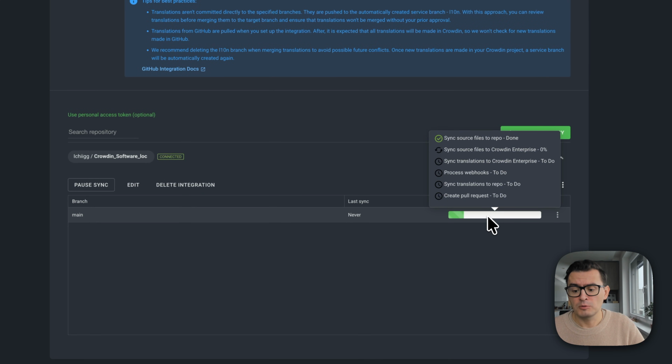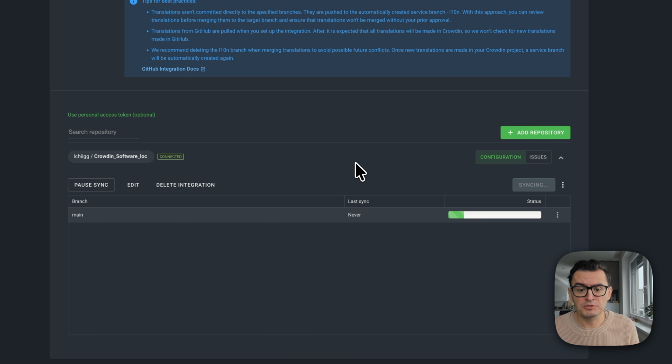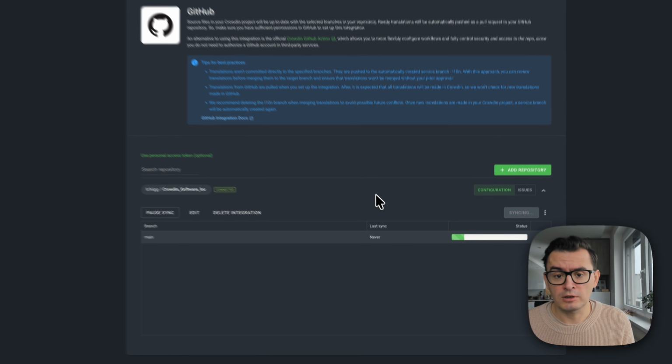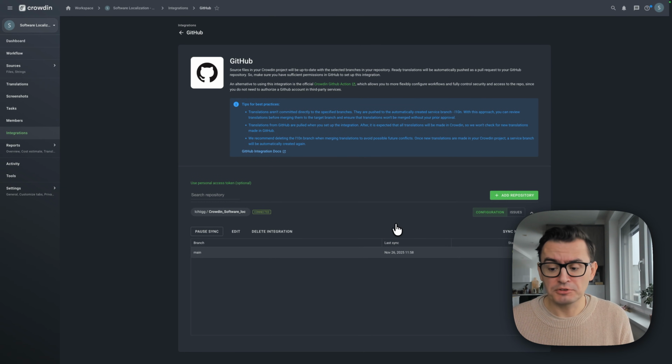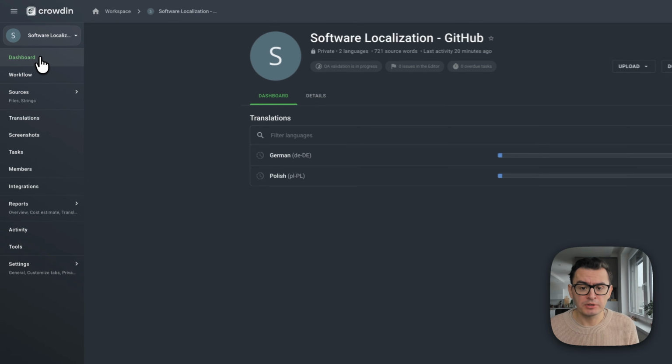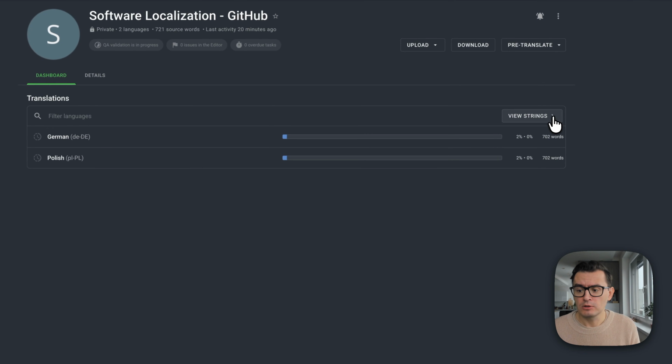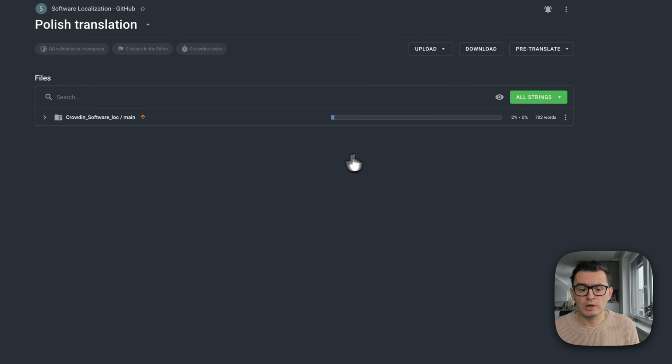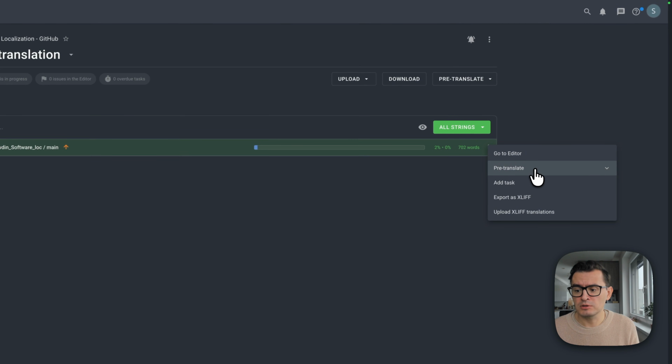As you can see, because we just finished the configuration, it started syncing our GitHub repo with Crowdin. Basically, it's going to pull all the files for translation, and in a couple of seconds, we should have this ready for translation inside Crowdin. Okay, our integration is ready, so let me have a look at our dashboard. Yeah, it's ready. So now what I can do is open Polish, because that was already translated by me,